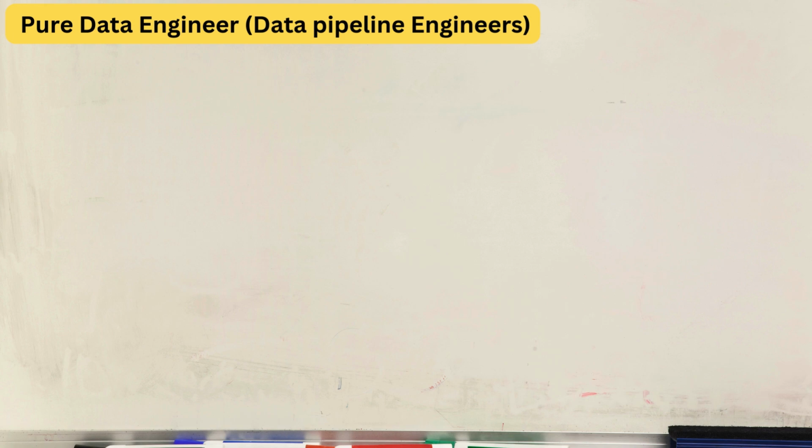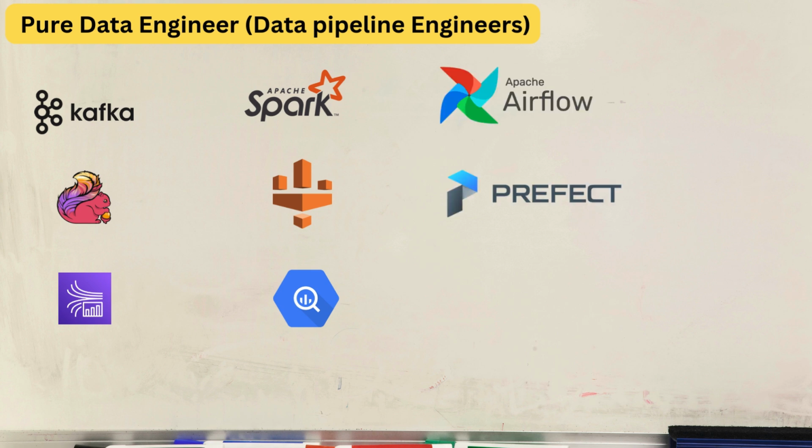Depending on the data's velocity, they might work with streaming tools like Kafka, Flink, or AWS-based like Kinesis for real-time data, or batch tools like PySpark on different Spark engines like Databricks, AWS Glue, EMR, and other MPP tools like Athena and BigQuery. They also use orchestration tools like Airflow, Prefect, AWS Step Functions, or Databricks Workflow. They are the ones ensuring data gets where it needs to go, whether it's streaming stock prices or processing logs